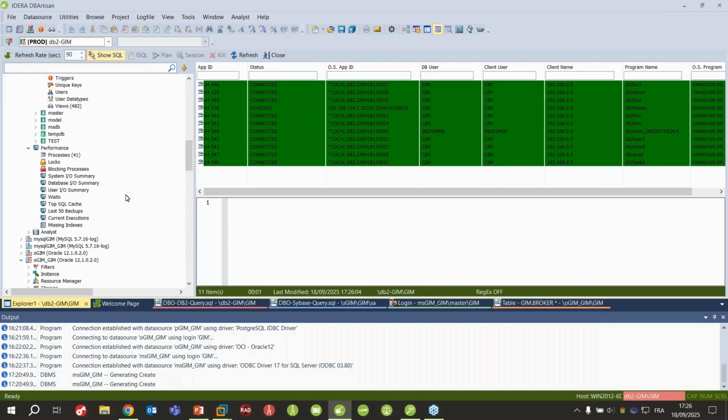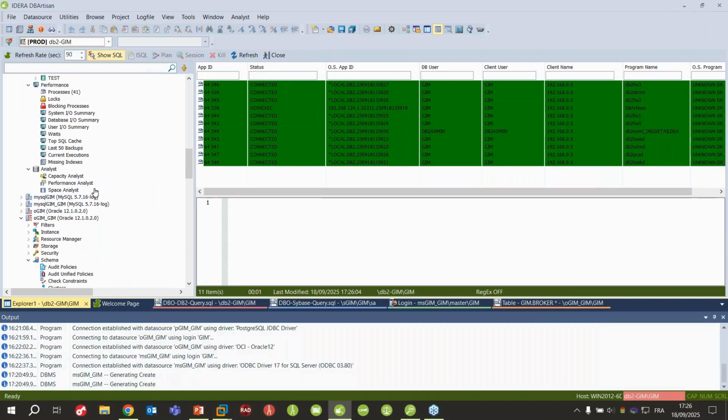We have also another node, which is analyst. In this analyst, we have 3 different parts. These different analyst features are only available for MS SQL, DB2, Sybase, Azure, and MS SQL. For this analyst, you have a capacity analyst, which allows you to create some tables to store the size of your database, so you can easily save the size of your different tables.